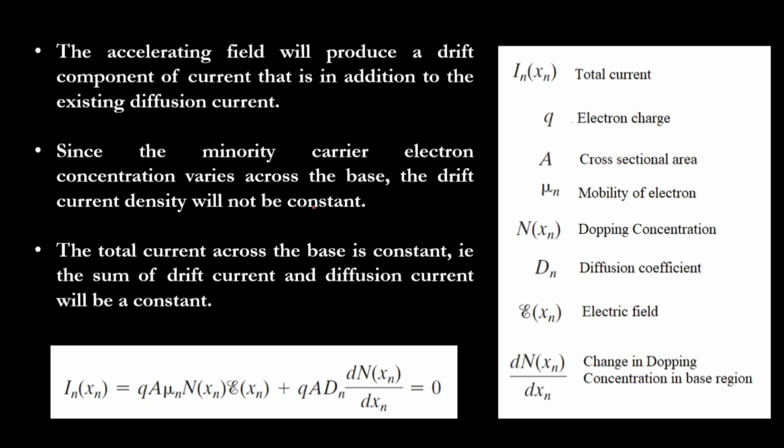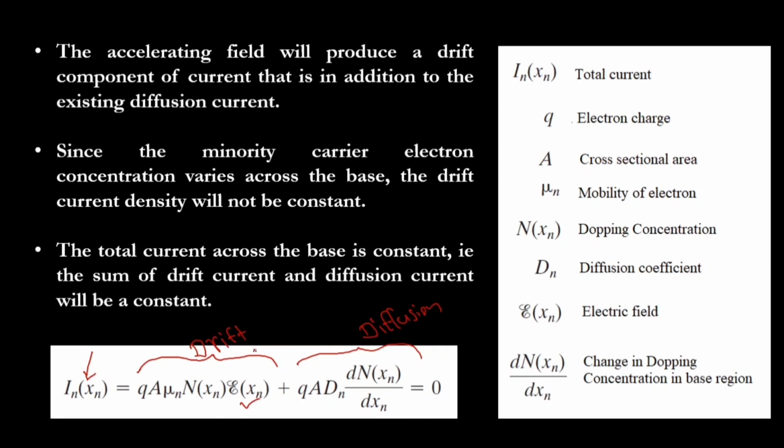So let's see some equations of the total current. This is the current because of electron movement. Current is always because of the electron movement. Even if we explain in terms of holes, current is because of electrons only, right? So there will be two currents, one is drift current and the other is diffusion current. Since there is an electric field, this component is the drift current. Here you can see it's the diffusion current. This will be the total current inside the semiconductor.